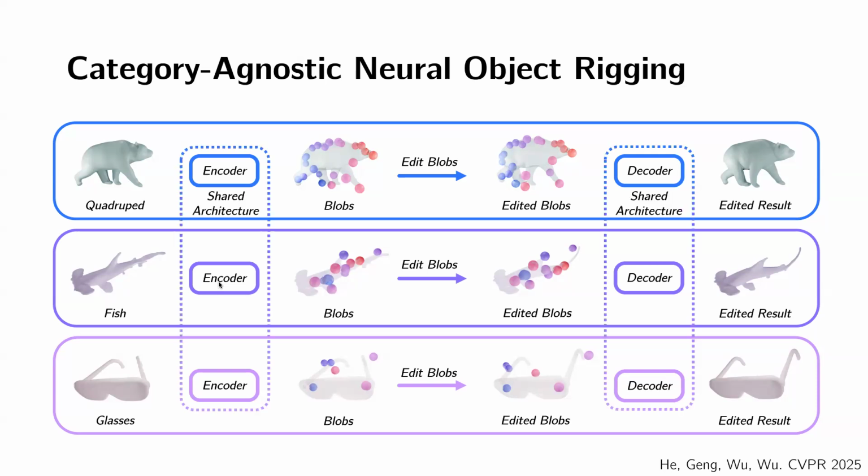And you want these encoders for different object categories. Now it's even beyond quadrupeds. You have quadrupeds, you have fish, you have grasses, you even share the same architecture. But then you want to do unsupervised or self-supervised training with the blobs. But now, in addition to just rendering objects, roses in particular lighting conditions,